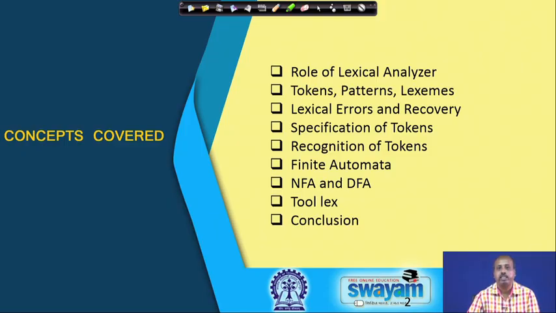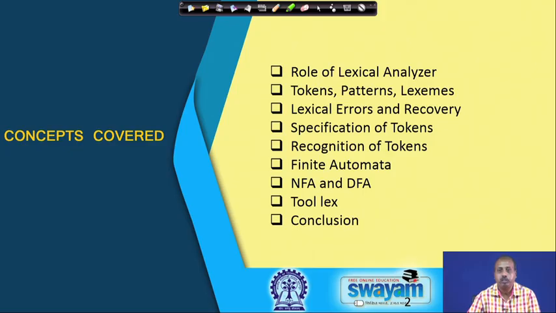Now, for the recognition part, we will see the tool finite automata, which, as I said, the entire course hinges heavily on the automata theory. So, we will be using finite automata to act as a tool that can identify the words that are there in the input program and generate the corresponding tokens.